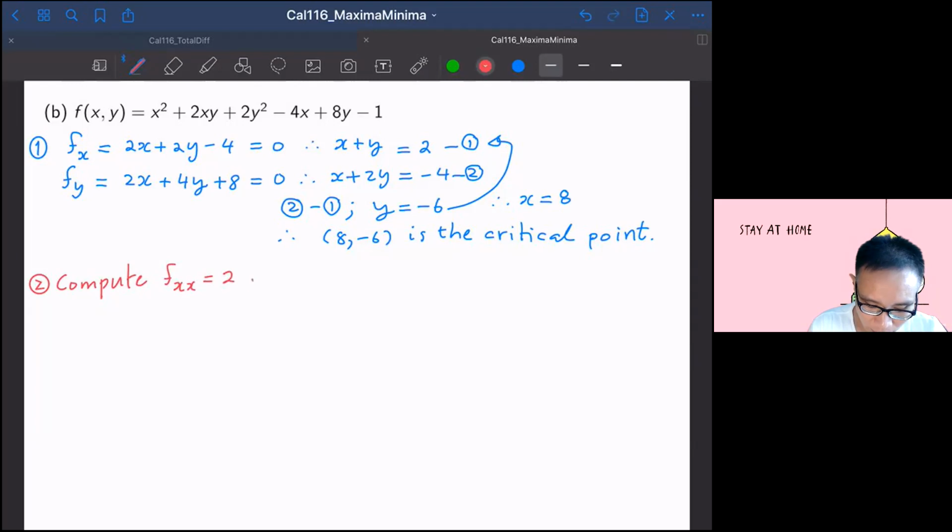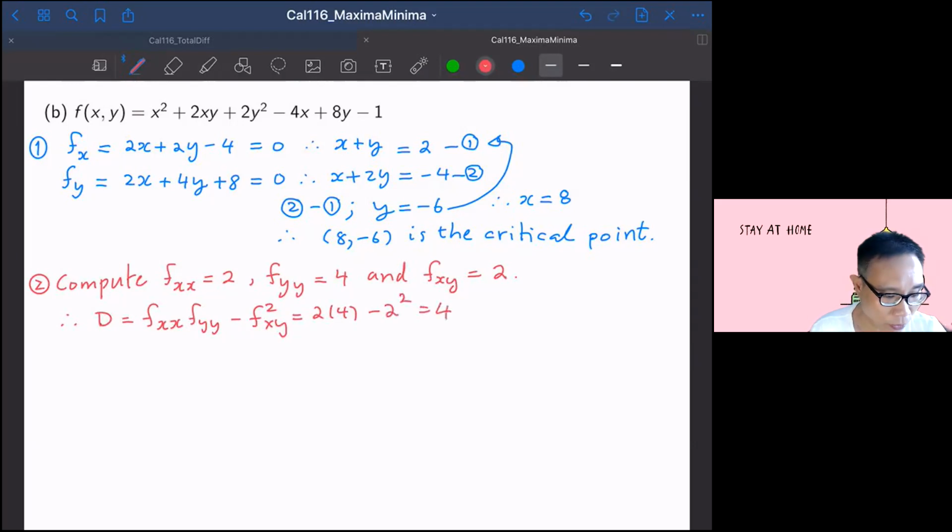Okay, fyy would give us 4, and fxy, you differentiate, you get 2. So that will be your second-order partial derivatives. And so you compute D equal to fxx times fyy minus fxy squared. So it's going to be 2 times 4 minus 2 squared